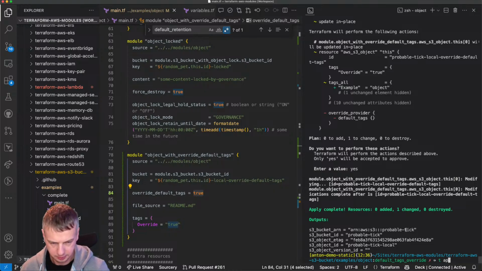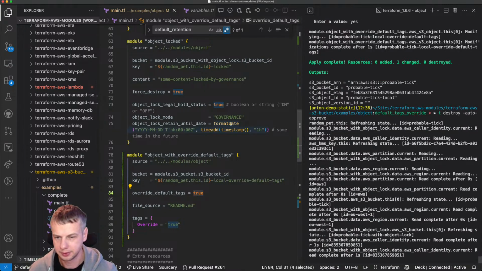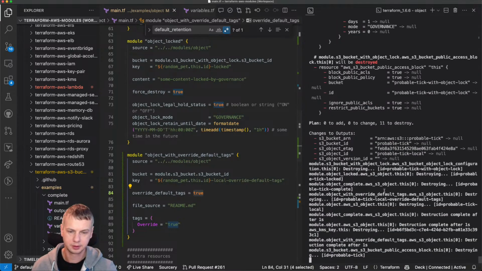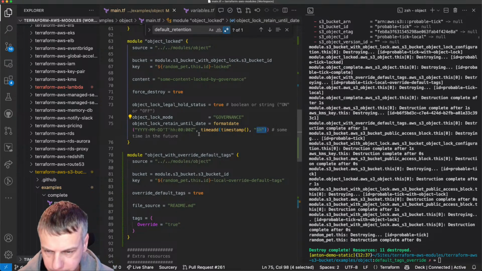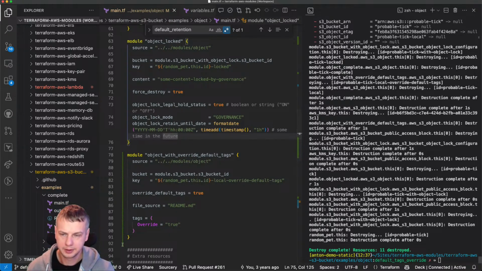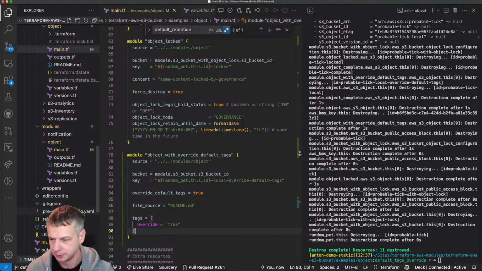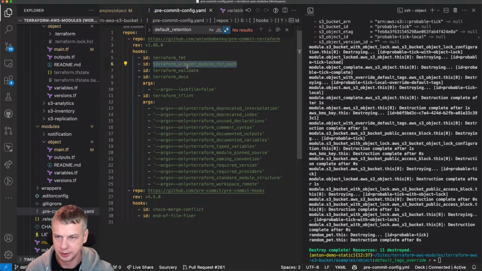Okay, so let's destroy this one. I'm not sure if it will happen because it has governance enabled. Maybe it will require to stay for 1 day or for 1 hour at least. Anyway, that's it. So now this one is implemented, and I will have to move this code over to, yeah, we need to update wrapper.